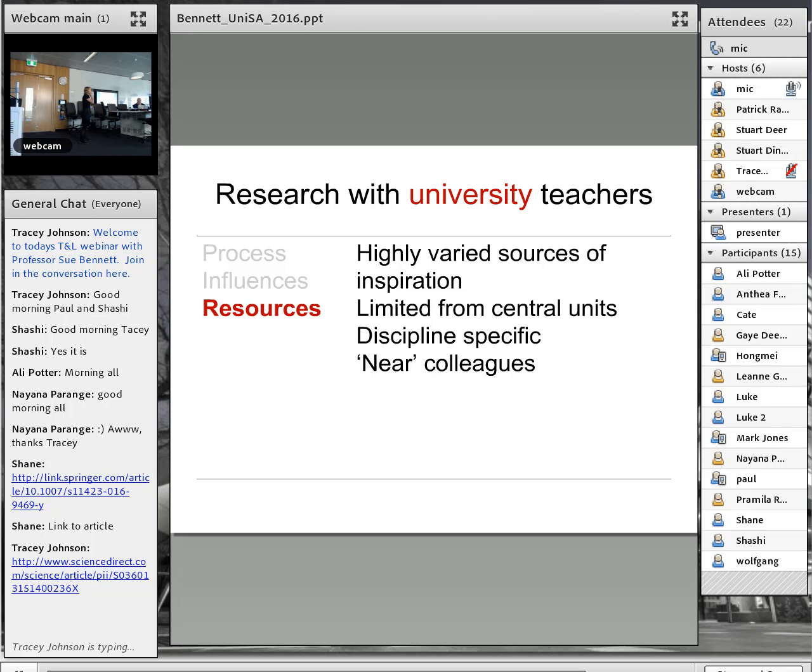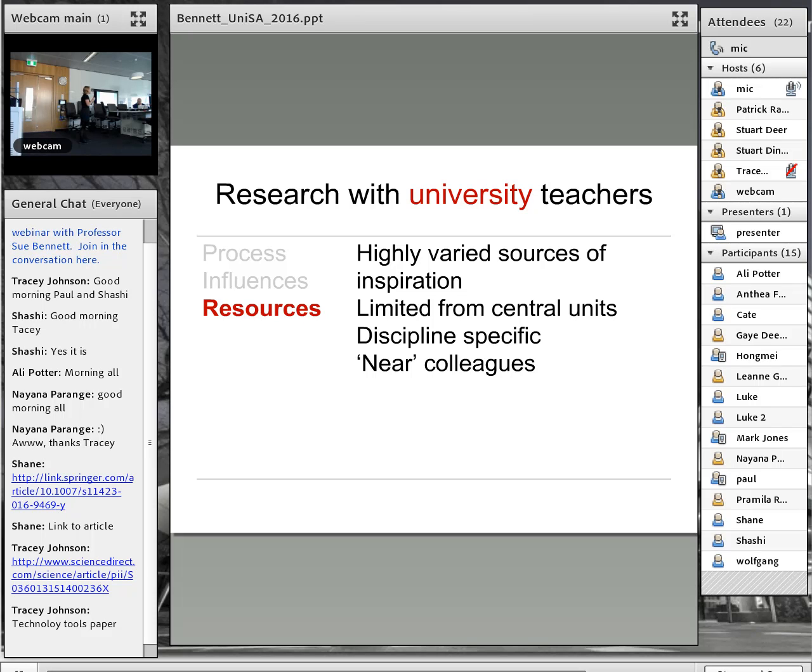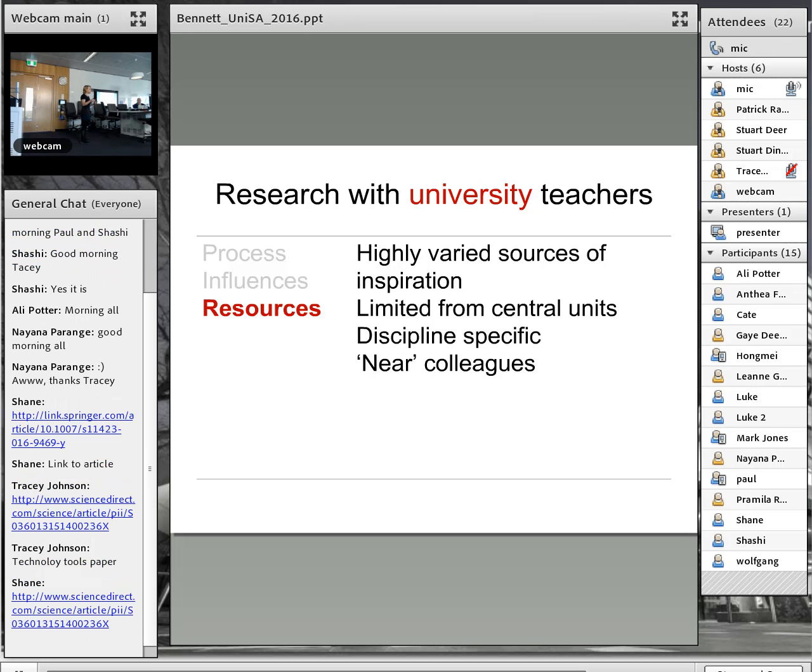And in terms of resources, this was a really interesting one, and this is where there's possibly something that's a bit kind of controversial for any of us who've worked in central units before, and I'm one of those people. I started out as an instructional designer and became a regular teaching and research academic. I think this point here in the middle, that most university teachers we spoke to felt that there was limited help they could get from central units. They talked about how it was maybe helpful in the beginning of their careers, but as they started to get more experience, they wanted a different kind of assistance. And I think that poses a bit of a challenge for us.